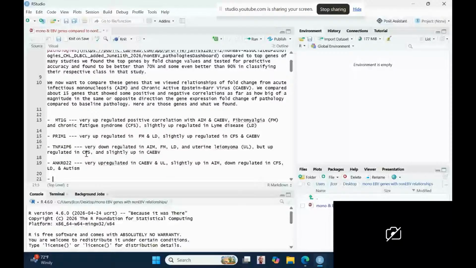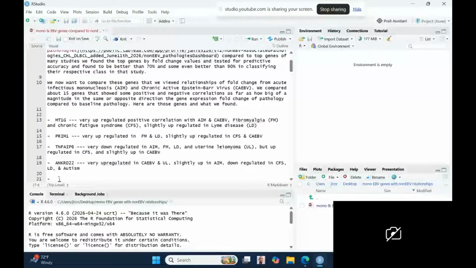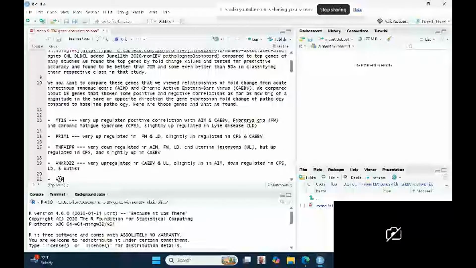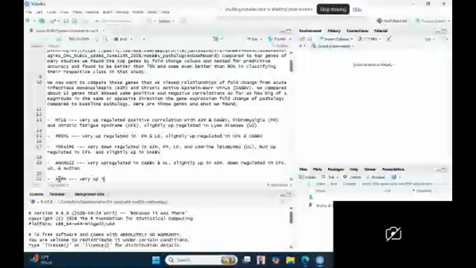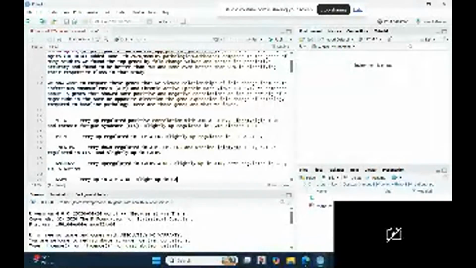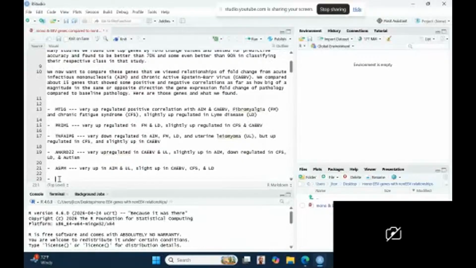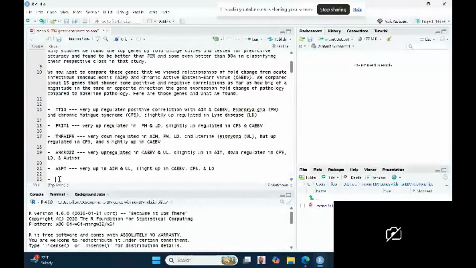Bases also won't print it as a list. Very up in AIM and CAEBV, CFS, and okay. Next one is